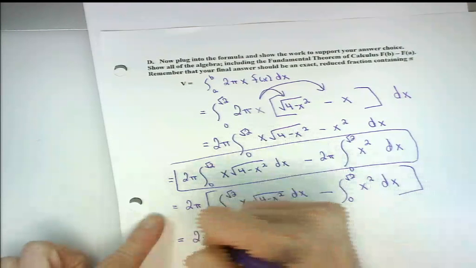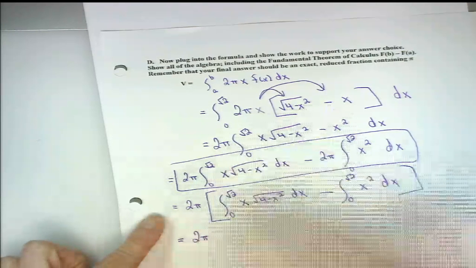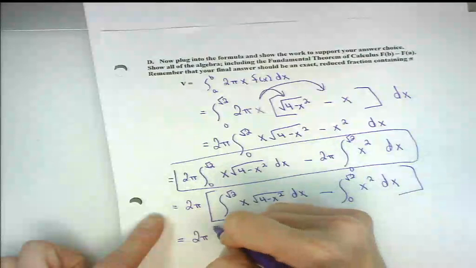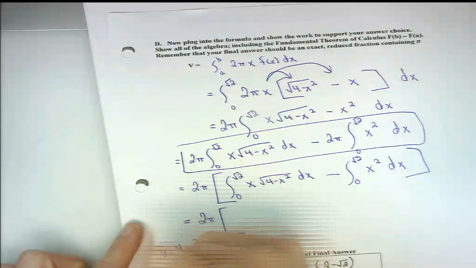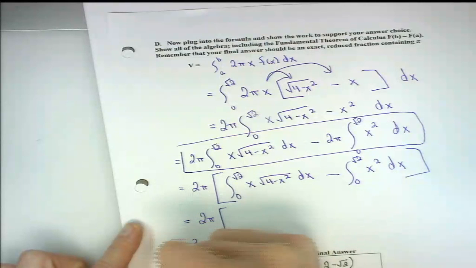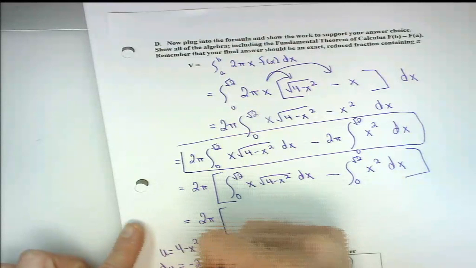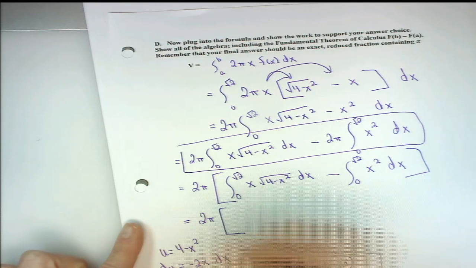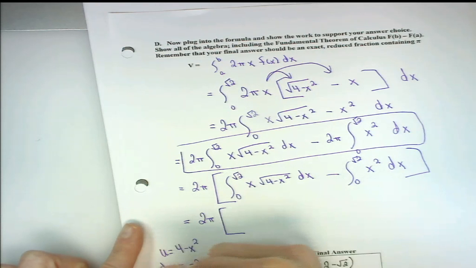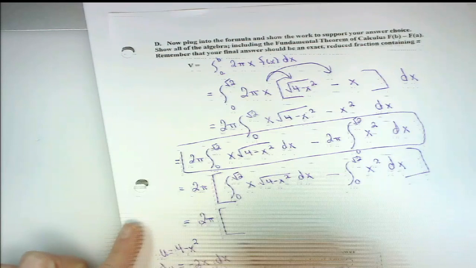So I'm going to leave the 2 pi outside of all of this, and I'm going to do my sub. And du is a negative 2x dx. If x is 0, then u is